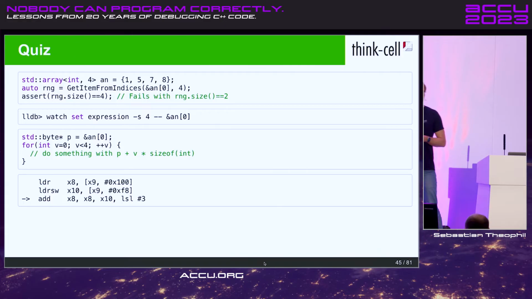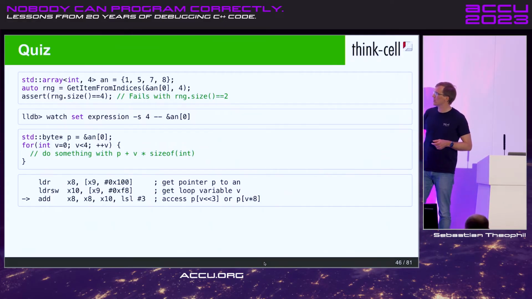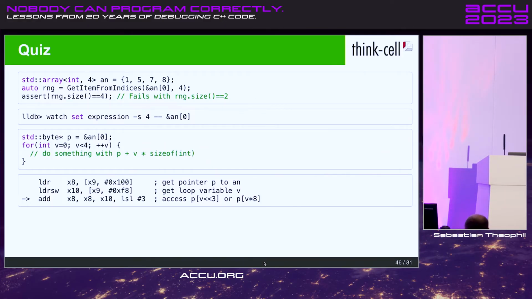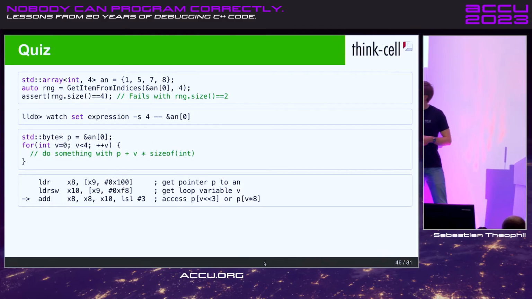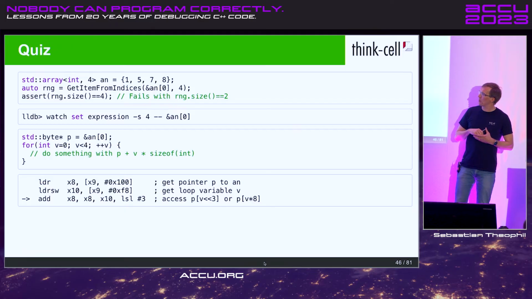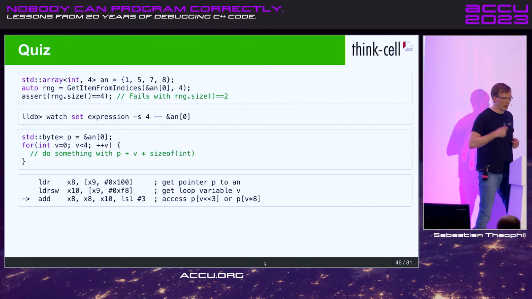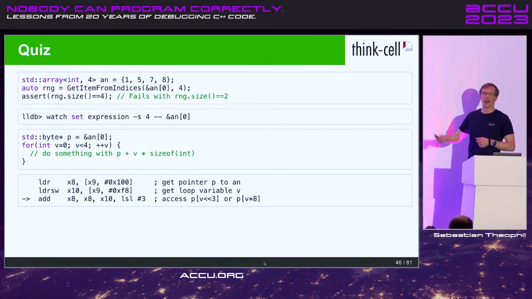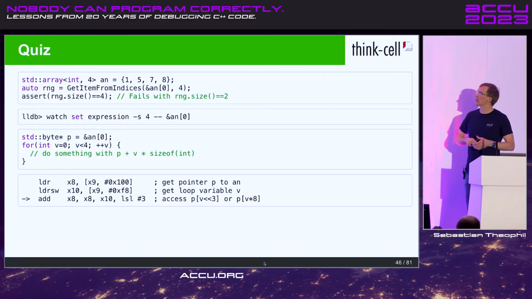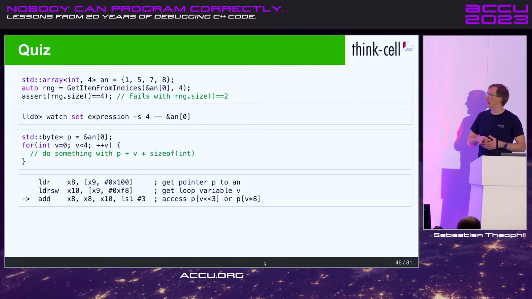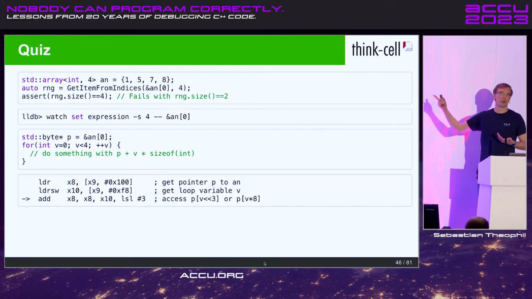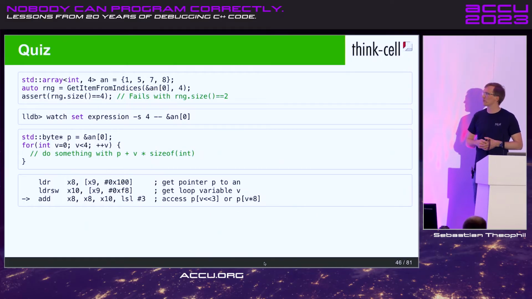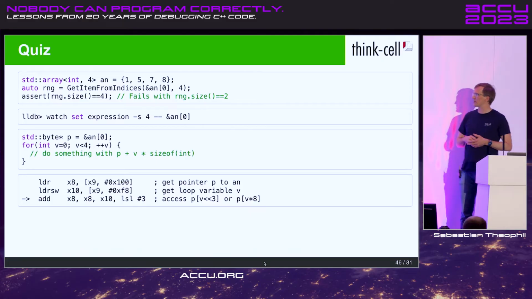So I've helpfully translated this bit. The first thing is getting that pointer to our array, to the beginning of the array, and then it's calculating or getting that loop variable from somewhere. And then that code is accessing P with the loop variable multiplied by 8. Now why 8? We put integers in, and the integers are only 4 bytes and not 8 bytes. So that's clearly a bug. Somebody made a mistake. It should be times 4 and not times 8.